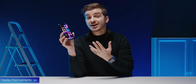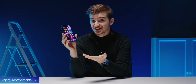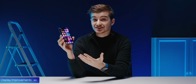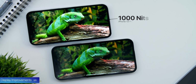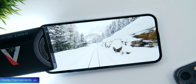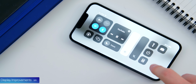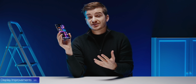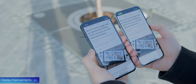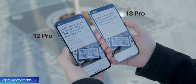So right now, the main advantage of having 120 Hz is not actually the fluidity of the display, but rather the battery savings that it provides thanks to that dynamic refresh rate. Now, the display is also brighter, as it can reach 1000 nits compared to 800 of before. However, this only works in auto brightness and only when there's a lot of ambient light. So if you try to bump up the brightness manually, it would still top out at just slightly over 800 nits. Have I really noticed this outdoors? I have. The 13 Pro was perfectly readable even in bright daytime conditions,